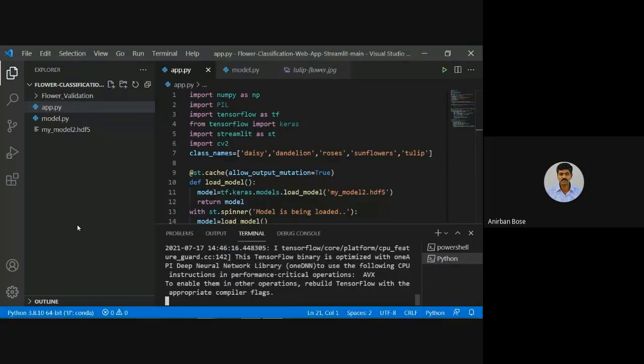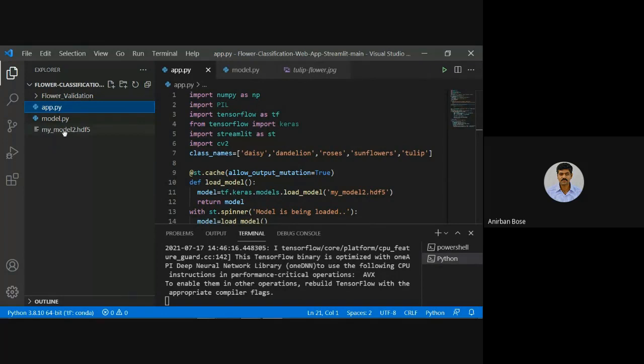So here you can see that we have opened this particular folder, flower classification, and within that folder we have another folder named flower validation. Basically within flower validation we have a few flower images to finally check our app. And then you see that we have created this app.py. This is the main file for the app preparation.